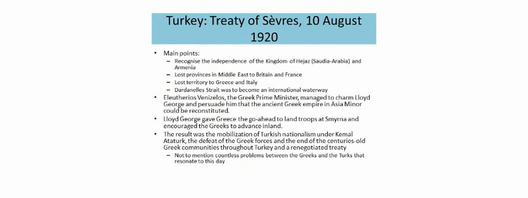of this territorial gain by Greece was the fact that it mobilizes Turkish nationalism under a man named Kemal Ataturk, or simply Ataturk. And they are able to defeat the Greek forces, and the Greek communities that in many cases had existed for centuries along the Turkish coast, in quite good harmony with the Turks, were expelled back to Greece, or the Greeks living in them were killed. And this led to a renegotiation of the Treaty of Sevres. This is something that needed to be resettled. Not to mention the fact that this leads to countless problems between the Turks and the Greeks that really resonate